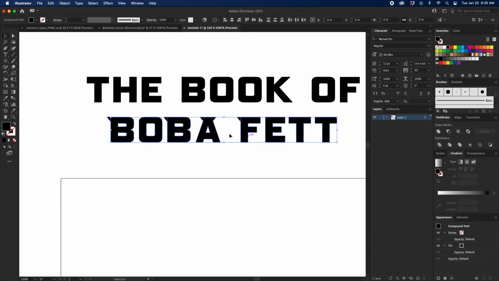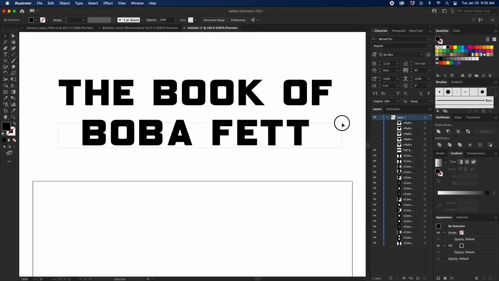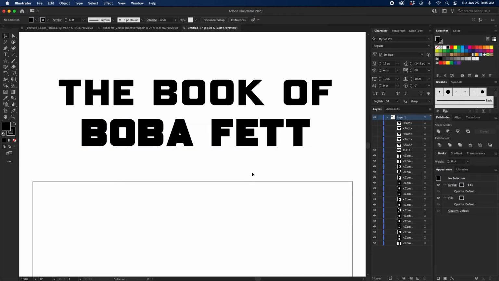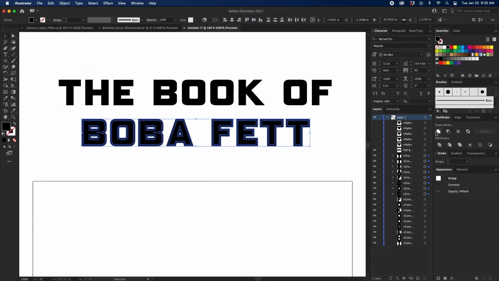Okay, so before we do the Unite tool, let's go ahead and hide these triangles real quick. Open your layers. We're gonna make the font a little bit thicker, right? Because the font is actually pretty thick. So we're gonna add a stroke to it. Let's make it about 6, that's good. So once you have the stroke out, go ahead and go to Object, Expand, click OK, go to Unite,